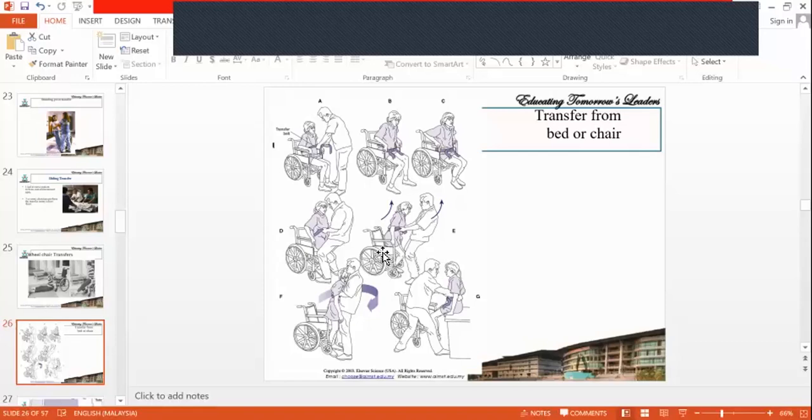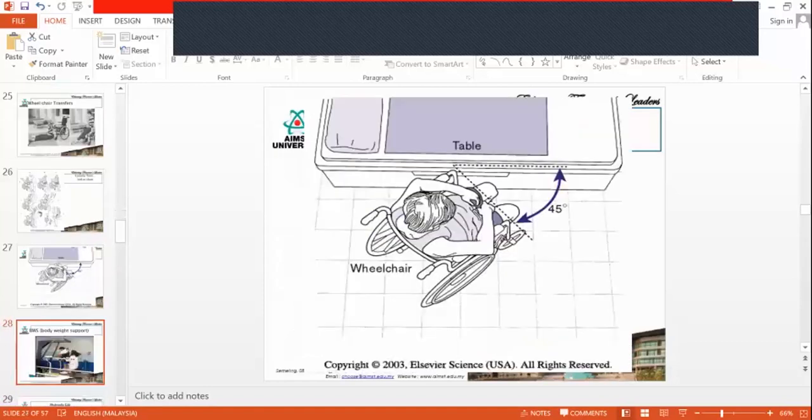Then once you lock it, automatically the patient will become erect. Okay, so the patient will become erect. Then you have to lock their feet. Can you see the patient is keeping the feet on the patient's feet? Can you see here? This is called locking the knee as well as locking the feet, which is very, very important. If you don't lock, the patient may not have balance in the leg and they may fall down.